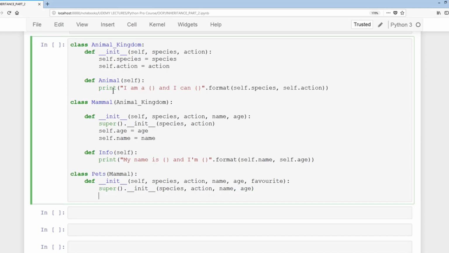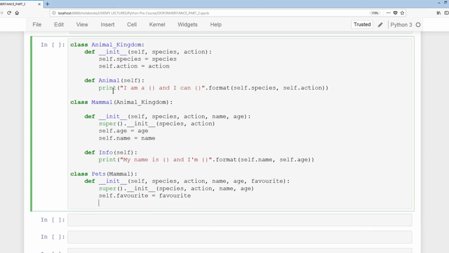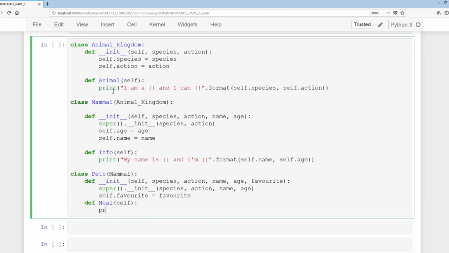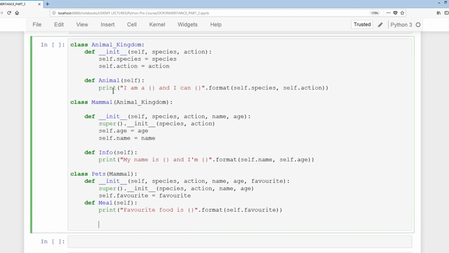And then we'll define the favorites. That's going to be self.favorites equals favorites, and then we'll have def meal(self): print("favorite food is something".format(self.favorites)), and then lastly just one more class, that's going to be